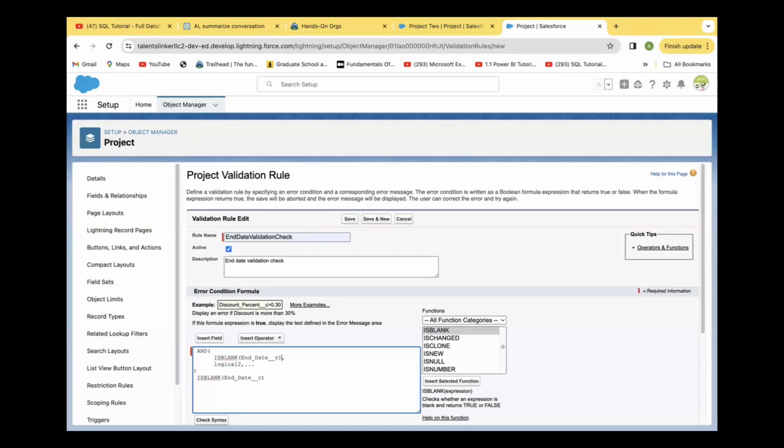But I want to say my end date is not blank. That means I need to integrate another function called NOT into it so that it can now mean my end date is not blank. As it is now, it's saying my end date is blank. That's not what I want. I'm saying my end date is not blank. So if my end date is not blank, that means it contains a value. So let me clear